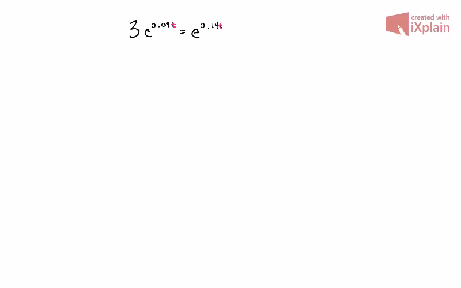So what I think I'm going to do here is divide both sides by e raised to the 900ths t. And the reason why I do that is, first off, as you can see, I did cancel out the e raised to the 900ths times t on the left-hand side. And that's going to leave me with 3 is equal to, and in order to clean up this right-hand side,